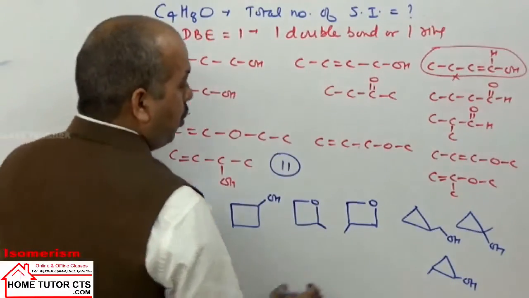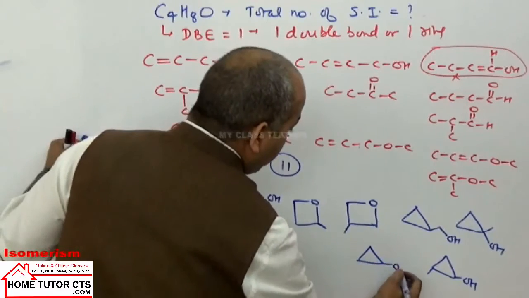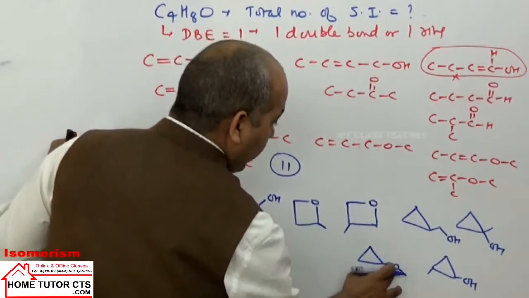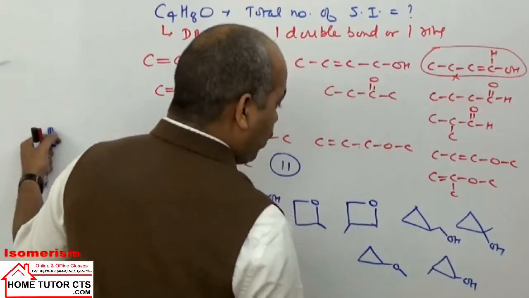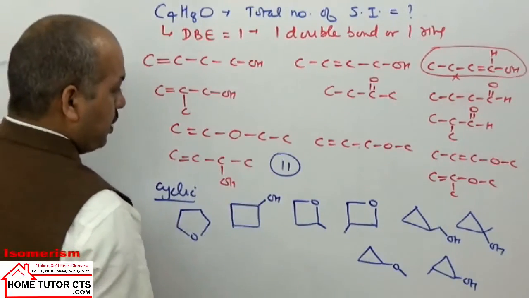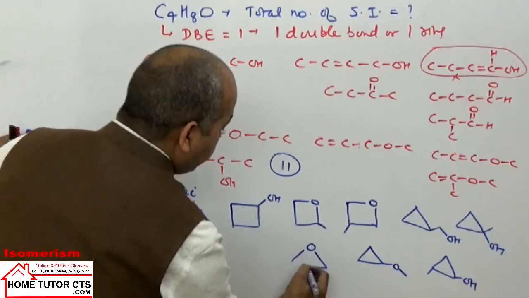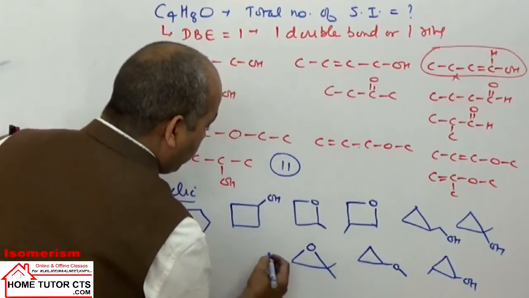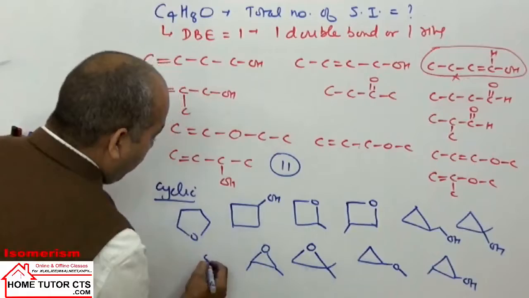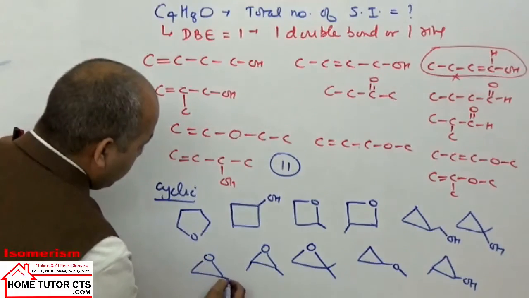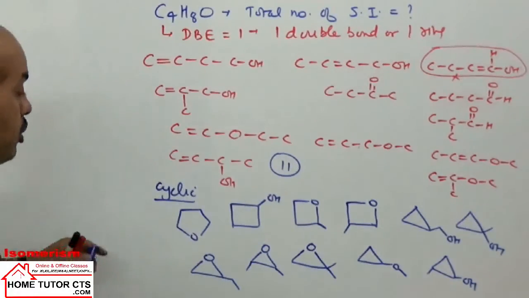When alcohols are there, ethers will also be there. Alcohols are there means ethers will be there for sure in this case as their isomers. So here you can write the epoxy compound with an ethyl or dimethyl group. 2-methyl can be in the same or different positions, or we can have an ethyl group here. So how many isomers are possible in the ring structures?